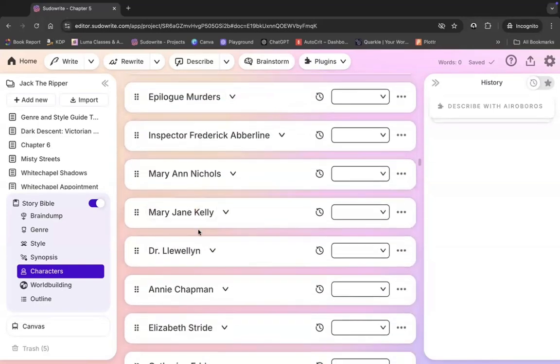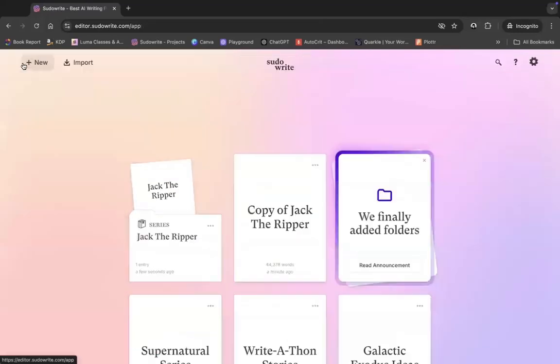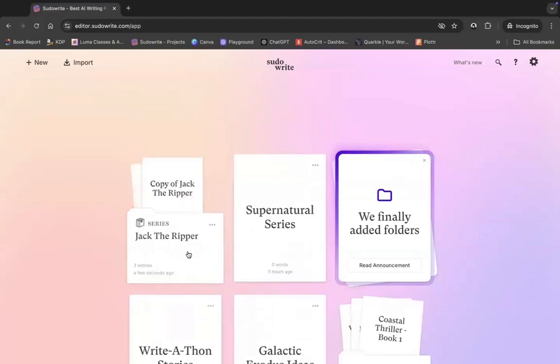So we're still at our regular characters: Jack, the inspector, and the victim. Now, if I add a copy in here,